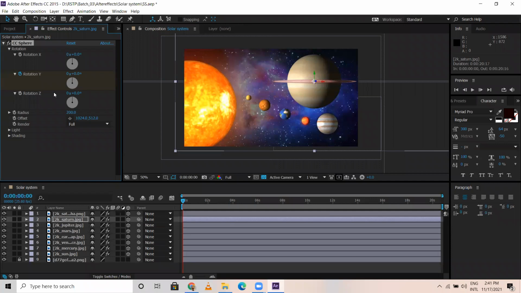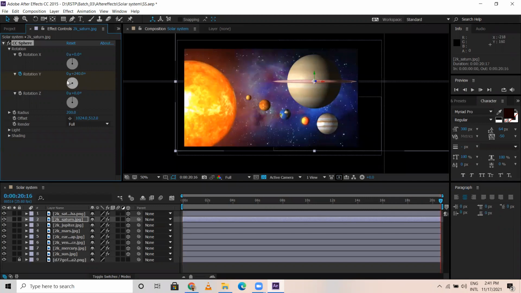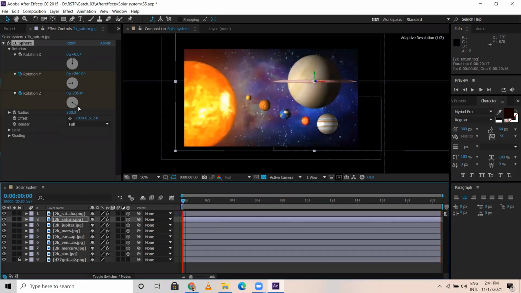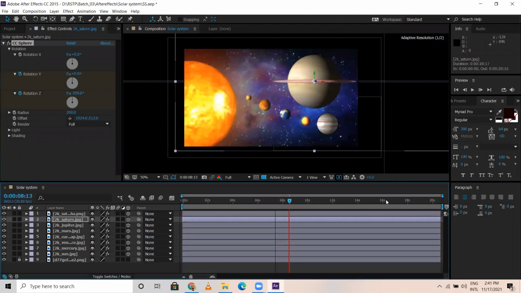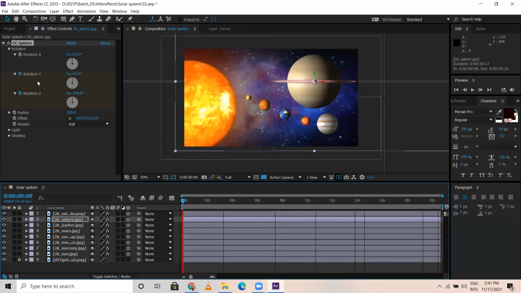Rotation Y, and I'll come here a bit. Okay, only one axis. I think that's okay.